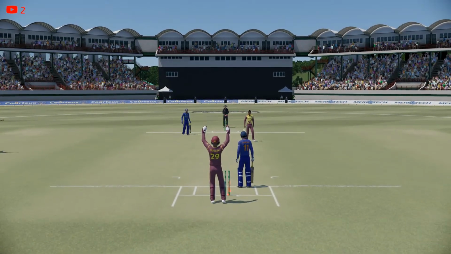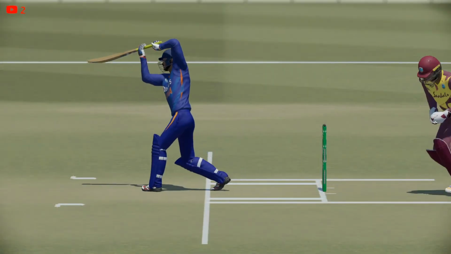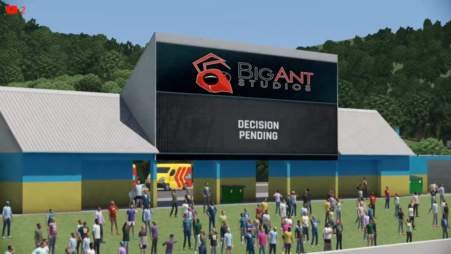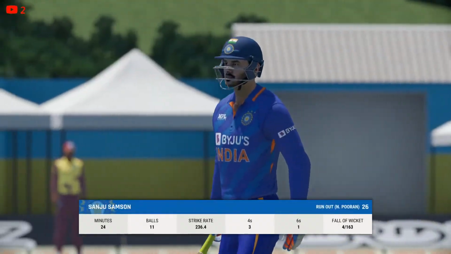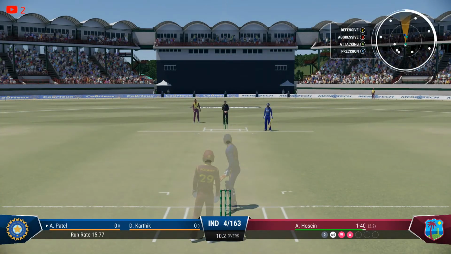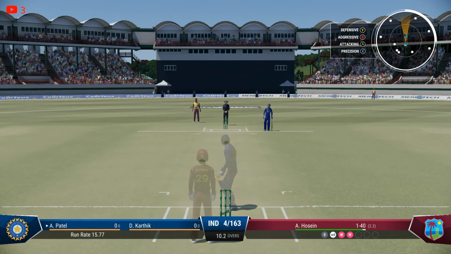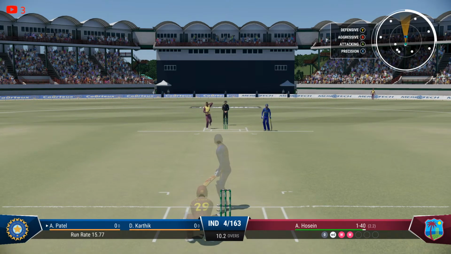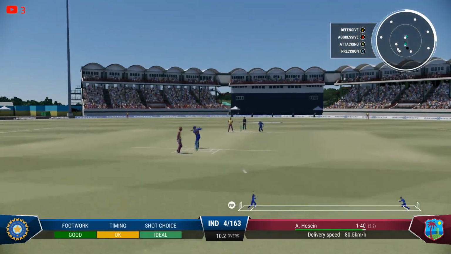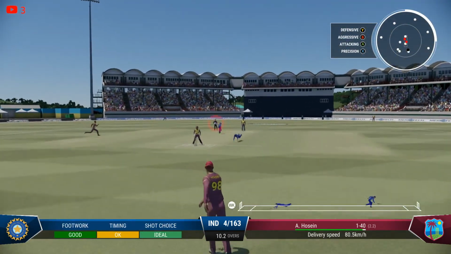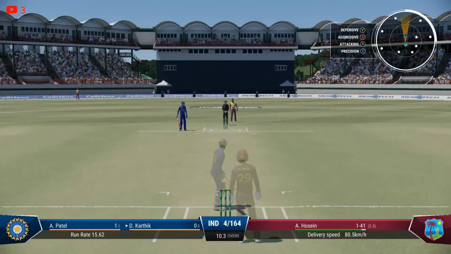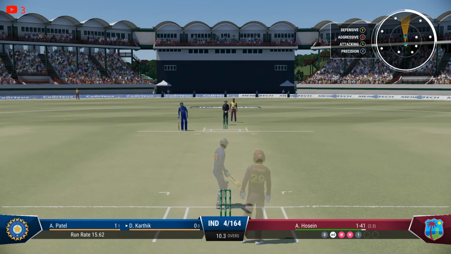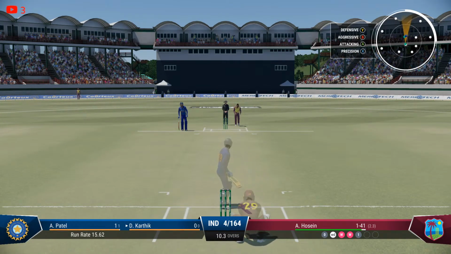Oh man, is it out? Is it out? It shouldn't be out, man. It shouldn't be out. It's out. So both the settled batsmen are gone now, and we are not in a very good position at the moment. Suddenly, we lost two quick wickets, and it should not be directed. Thankfully, it's not directed. Otherwise, this was also gone. So we lost two wickets in a cluster. Now it's the task for us to just